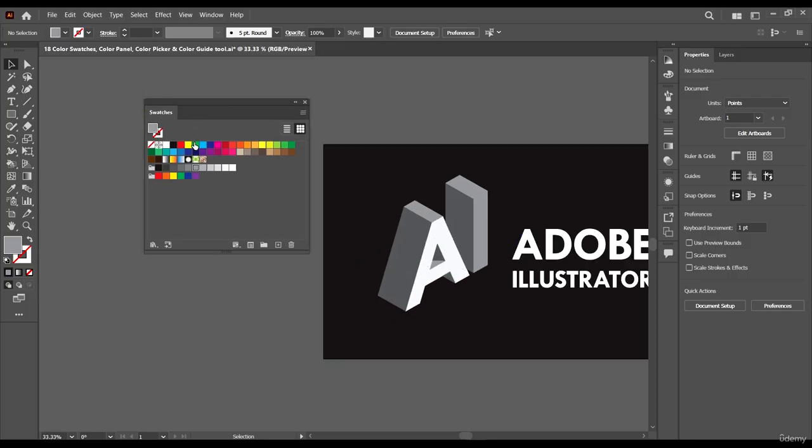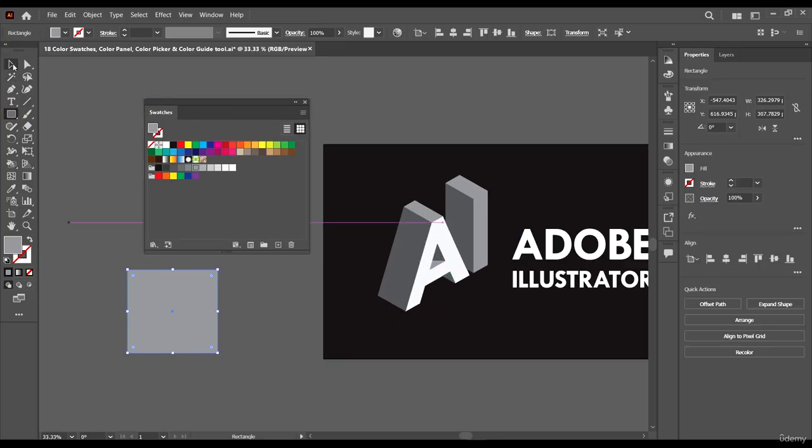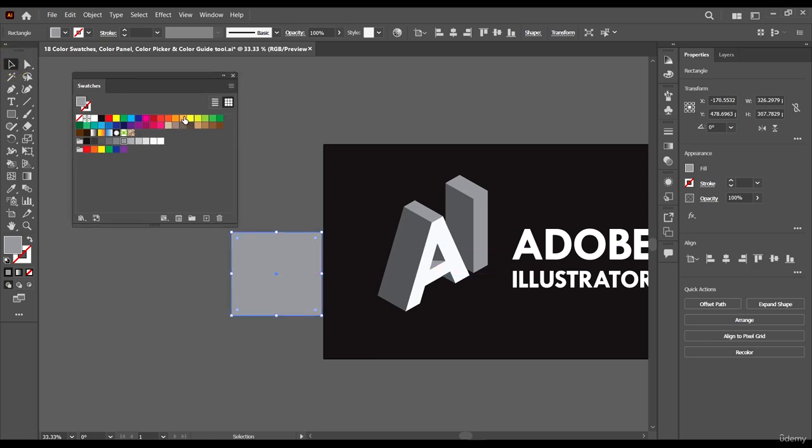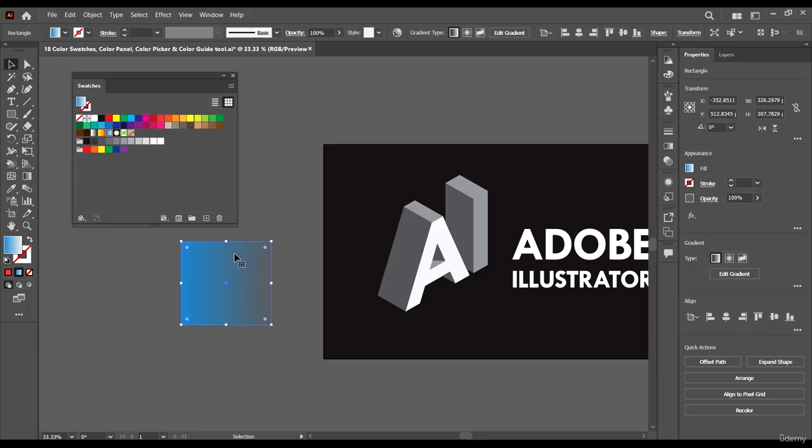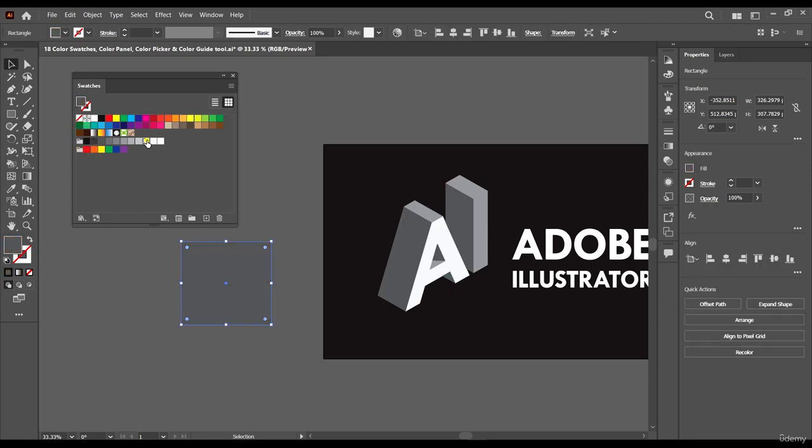So we have different presets of colors. When I create a shape, for example, you just come and choose a swatch here, and immediately that color is applied. As you can see, there are different colors under the swatches. We even have this one which says no colors. We even have patterns, we have gradients. I know we haven't spoken about gradients, but we're going to learn about gradients at the end of this module. We have the grays, we have different colors.